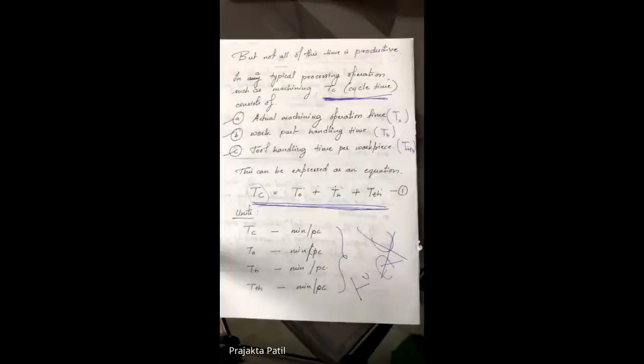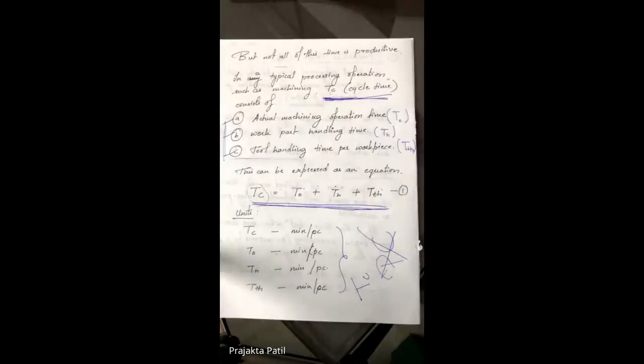Okay. So when we talk about these different terms that you come across in cycle time, the tool handling time here basically consists of what? It consists of the time that is spent in changing the tool when they wear out, the time that is required to change from one tool to the next tool. Or if you go for tool indexing, there is time that is going to be spent. Suppose you're using inserts, you need time to change those inserts. So basically, this is how the time is spent when it comes to processing one actual part.